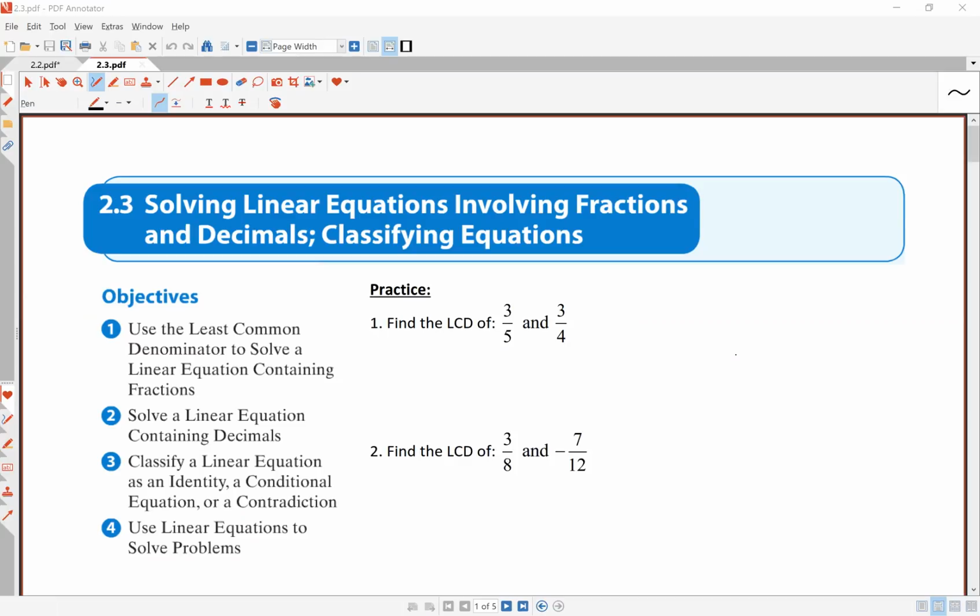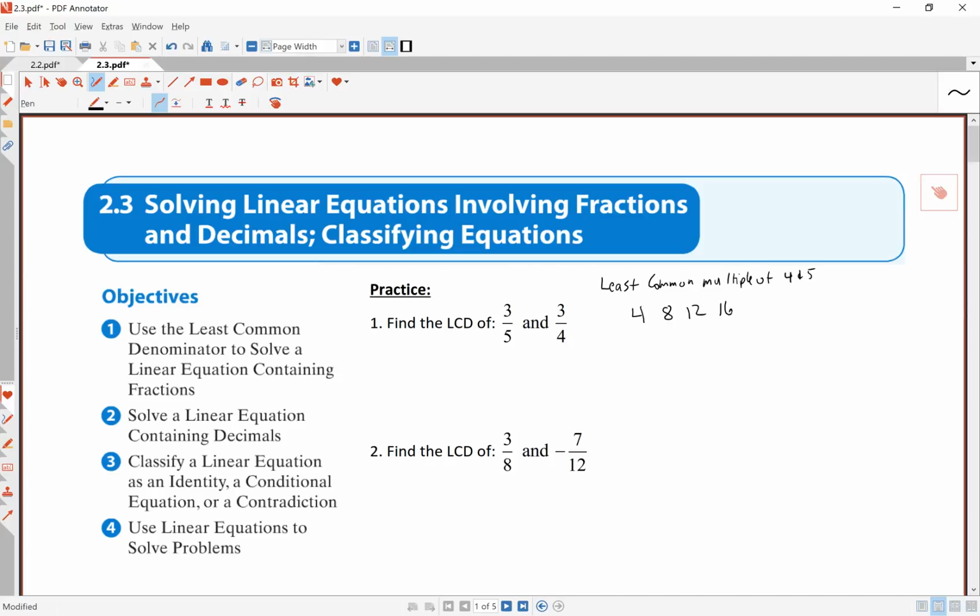Practice 1, find the least common denominator of 3/5 and 3/4. This question is asking us for the least common multiple of 4 and 5. When we look at the multiples of 4: 4 times 1, 4 times 2, 4 times 3,